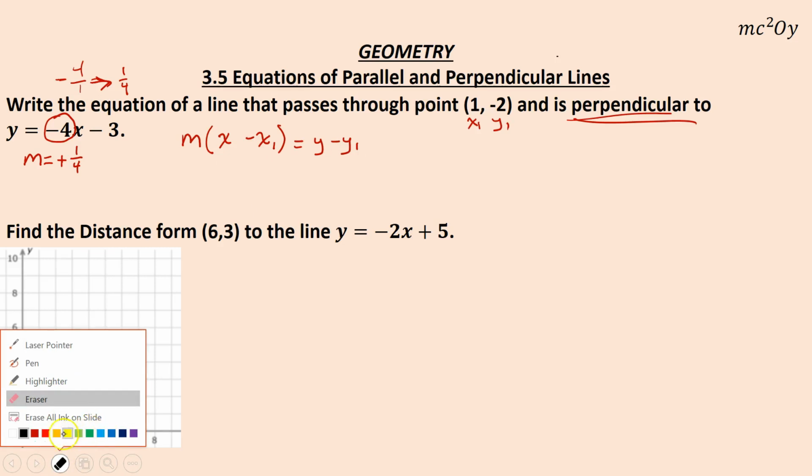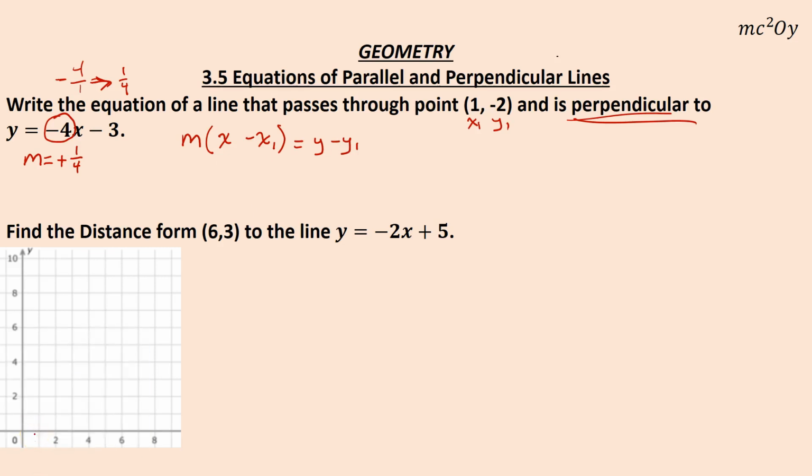All right. So that being said, our slope is 1/4. Our x1, there we go, is -1, and equals y minus -2. Remember, these two negatives make a positive, so that's actually y plus 2. So you'd have 1/4 times x minus 1